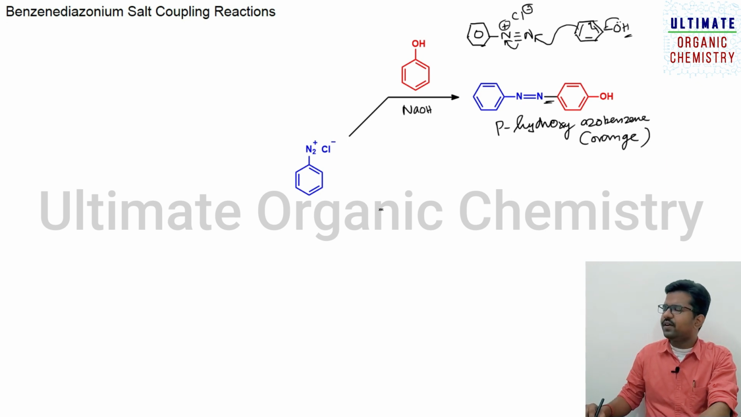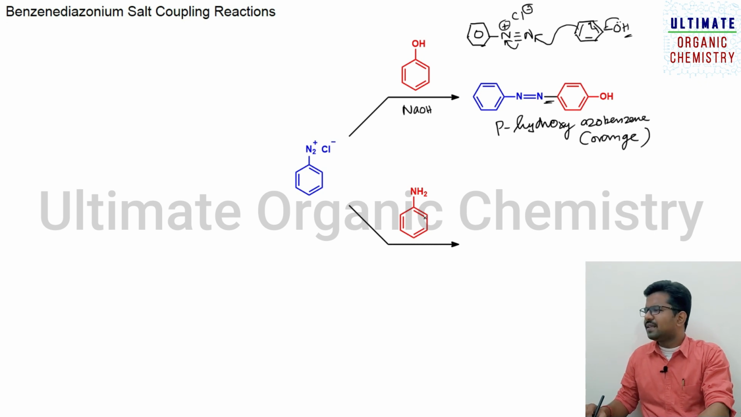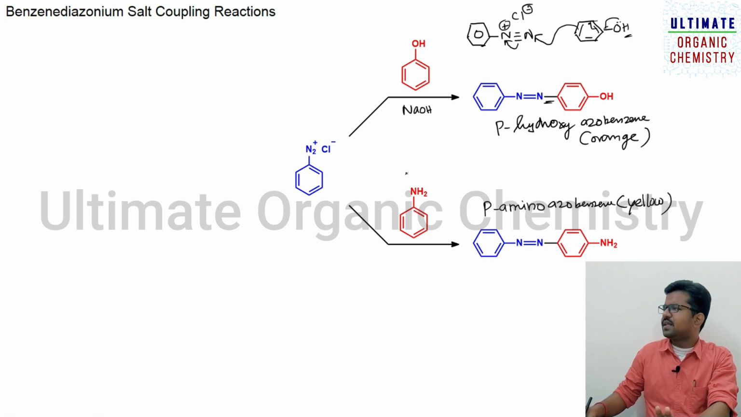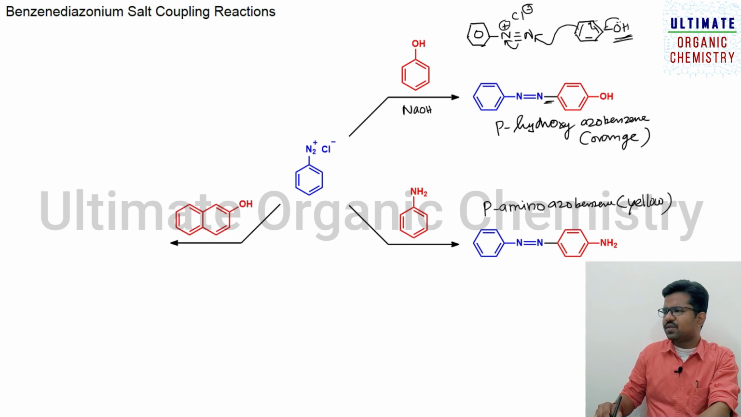So instead of phenol you can also use aniline as a reagent. When you use aniline, the same type of reaction will take place. It will lead to the formation of para amino azobenzene, which is yellow in color. Same process is taking place. Instead of OH you have NH2 here, and the same type of mechanism will take place. So we have another example, that is known as beta naphthol